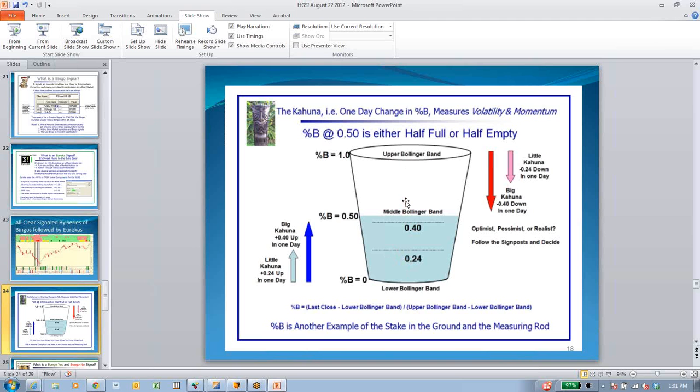The movement within the bands in a given day may give you a clue to the power of a stock, and Ian and Ron have come up with the kahunas, which define large movements. I talked about their momentum indicators on my charts, and a big kahuna is a rare event and one that I like to stand up and take notice of.